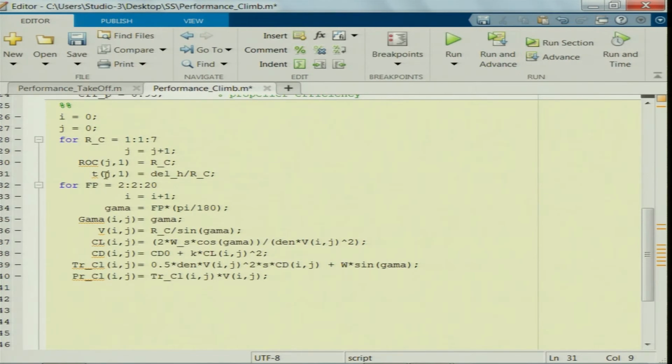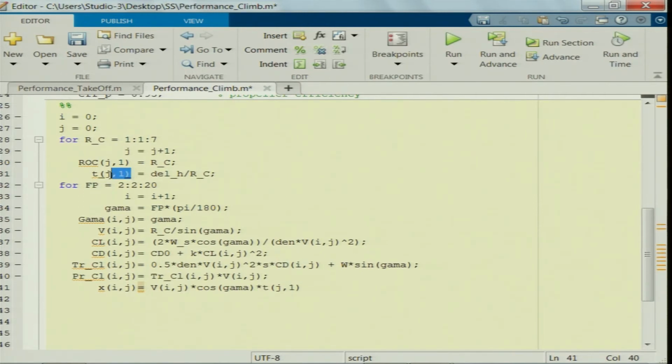Within this delta t, what is the corresponding horizontal distance travelled? That depends upon gamma, which we have discussed. So, x of i comma j is equal to V infinity cos gamma, that is V of i comma j times cos of gamma, times delta t, or t of j comma 1.